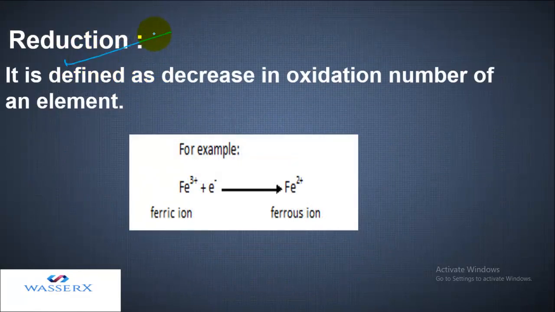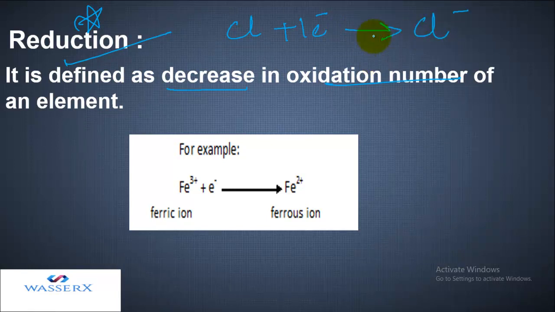Now let's do reduction. Whenever you get to see a decrease in oxidation number, that means it is reduction. Let's say Cl is gaining 1 electron in order to complete its octet and it becomes Cl negative. So here its oxidation state is 0, but here it is -1 because it is a monoatomic ion. So we know that its oxidation state is equal to the charge on it. So it is -1. That means it is decreased from 0 to -1, decreased by 1. And whenever the oxidation state is decreasing, that means it is